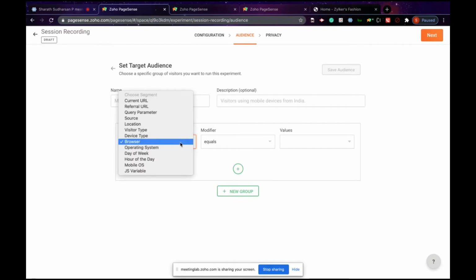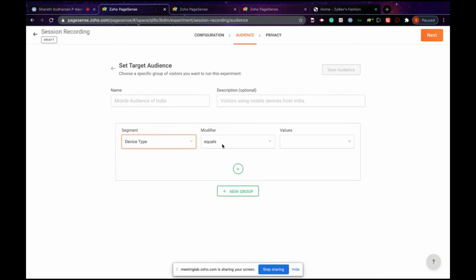For example, if you want to target visitors from various device types, you can choose this segment, and in modifier, it can be equals, and in the value tab, you can choose the devices that need to be tracked for this particular experiment. Once this has been done, you can give a name and a description for the audience and then click on next.